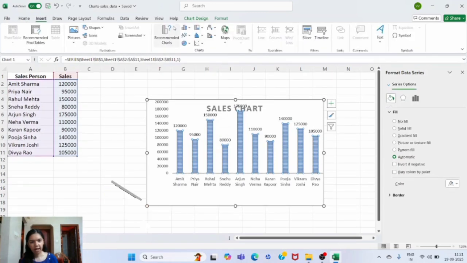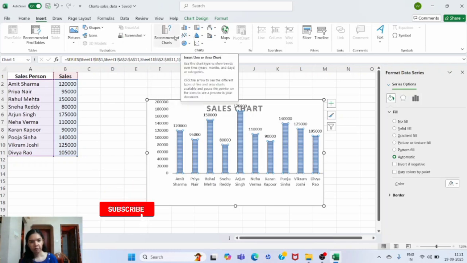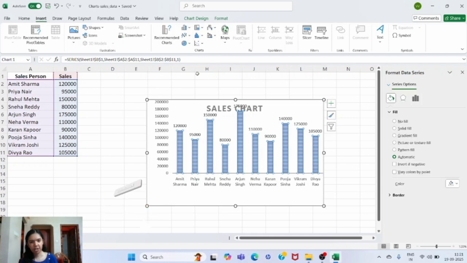In the same way, you can use the other chart options also. You can try the line chart, pie chart, etc. However, the best method will be based on your data. Excel itself will recommend which chart will be suitable for your data. So the best way is to select your data and come to the recommended charts. If a line chart is appropriate to represent your data, Excel will recommend a line chart. If a pie chart is appropriate, Excel will recommend that. And if any other type of chart is appropriate, that will be recommended here automatically.